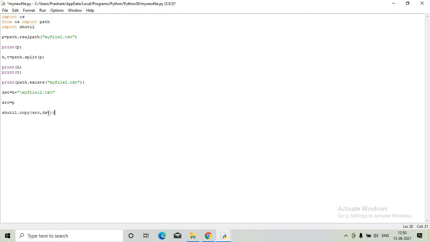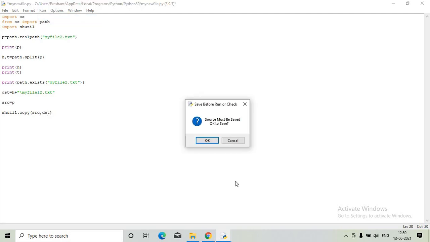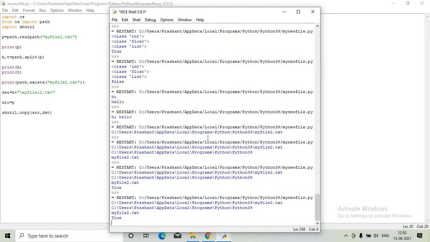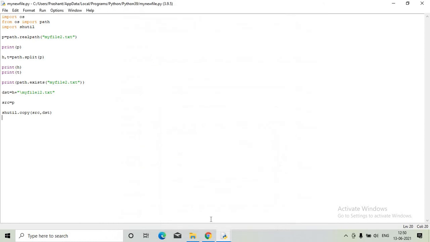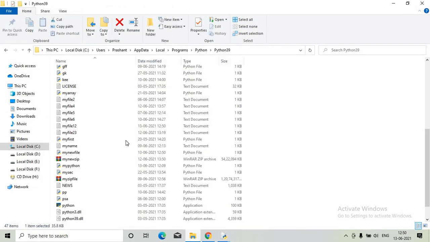We will copy certain files from one place to another. So this is the use of shutil. The shutil module is used for copying the particular file. So here this is done. We can see the path exists here, 12.txt. Yes, this is present over here. I copied this particular content.